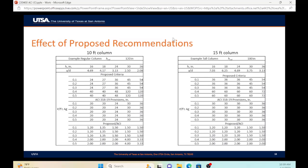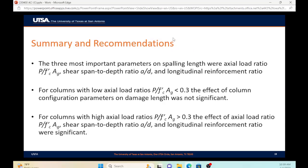If the columns are intermediate, not as short, it's still a significant increase. We're telling you to confine over twice the length that is done today, but not 4 times, not as significant. Summary recommendations: we found, again, I think this is in agreement with